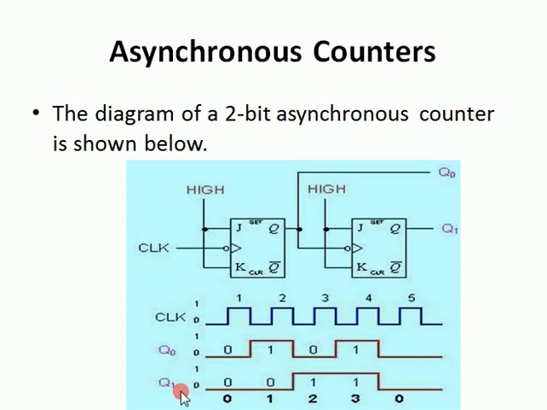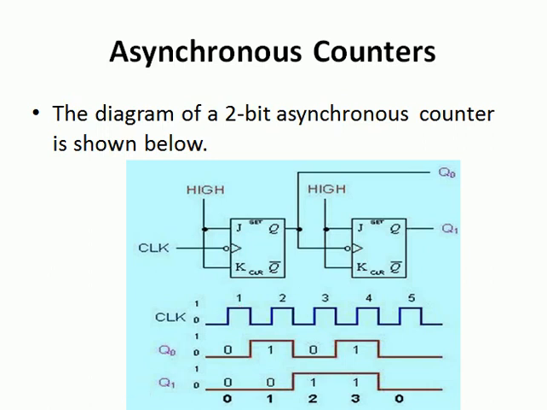Let's suppose that for Q1 we have the low output, that is 0. So here we have 0, and when the falling edge is here, the transition will occur. As toggling is occurring, the complement of 0 will be 1. Now the transition is here, so again the complement of this one will be 0, so here we have 0. So Q0 is considered as the clock for Q1, the output of this JK flip-flop.